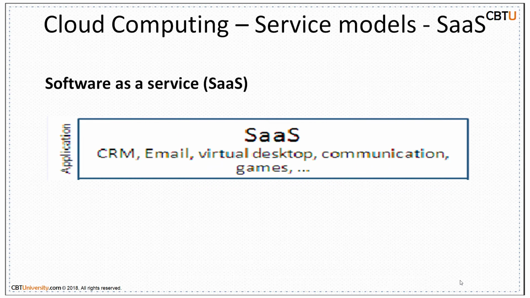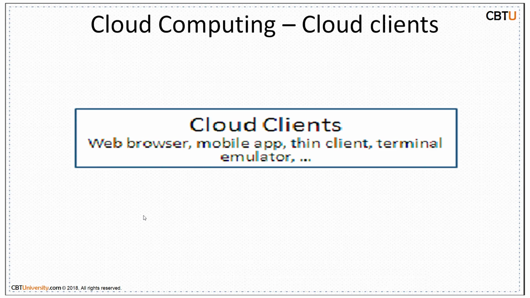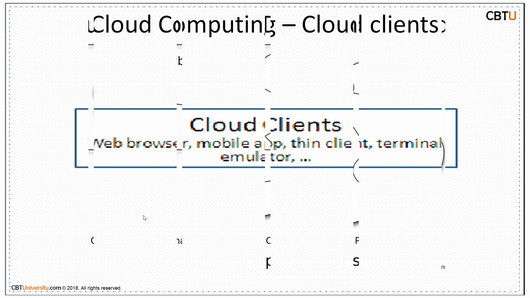Software as a Service. The examples are the Salesforce application and email applications like Gmail. In this, we are not worrying about the infrastructure or the platform, just using the software as an end user. We access the applications in all the service models through a web browser, mobile app, thin client, and emulator.